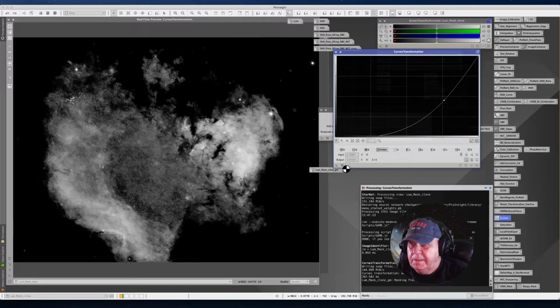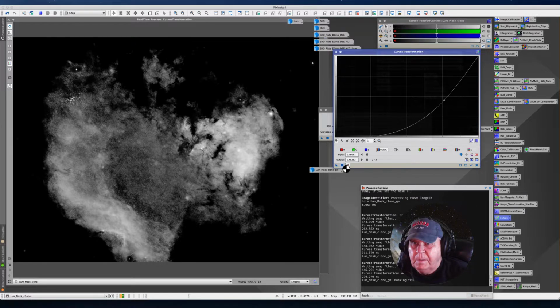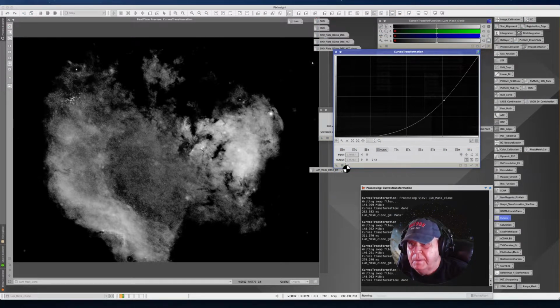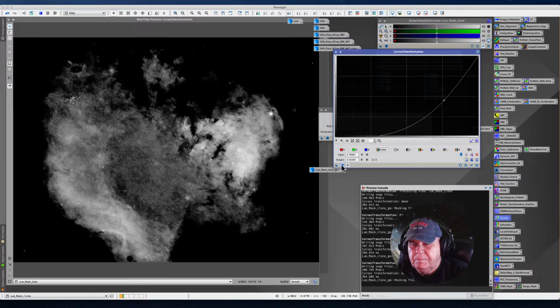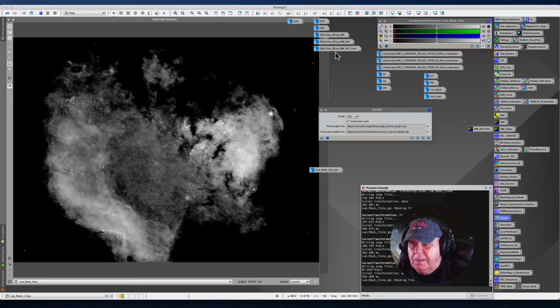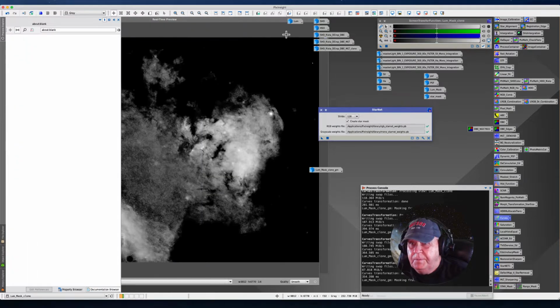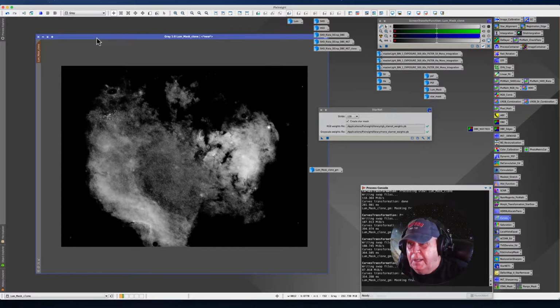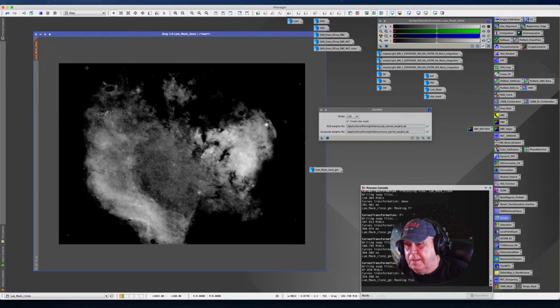Let's apply it again, apply it again, let's apply it again, let's apply it again, and a couple more times. That's good. Okay, so I have eliminated the outlier stars from my nebula,